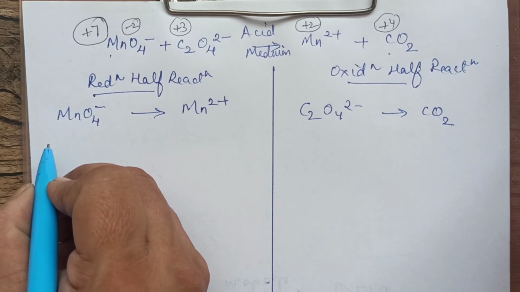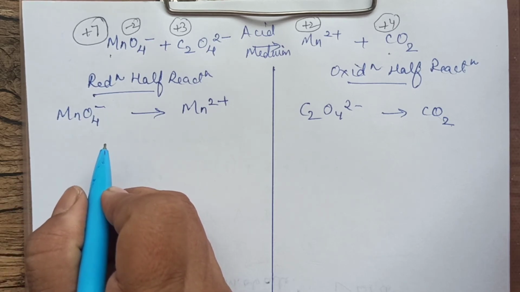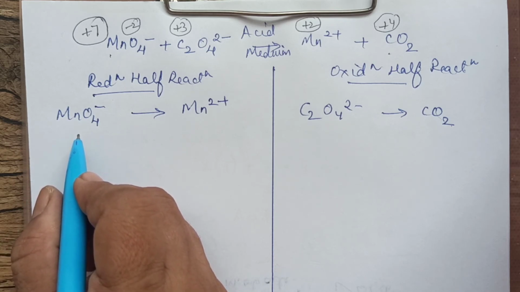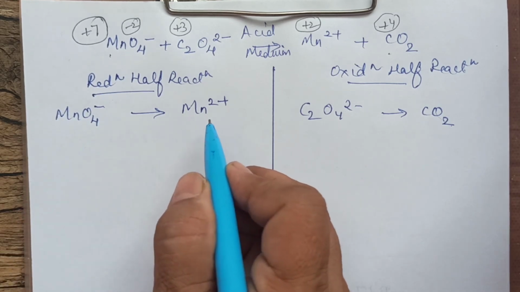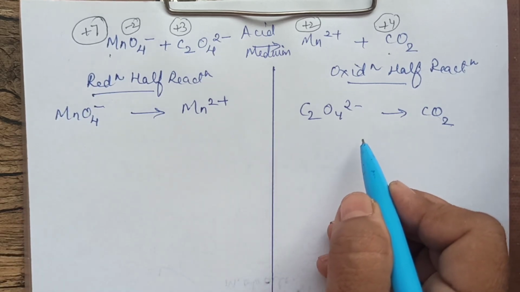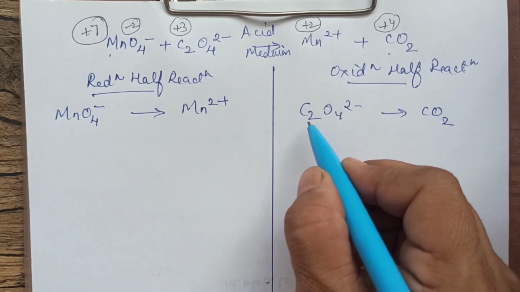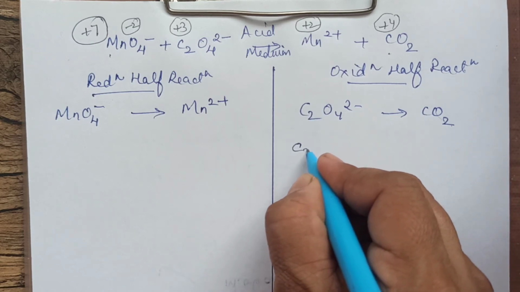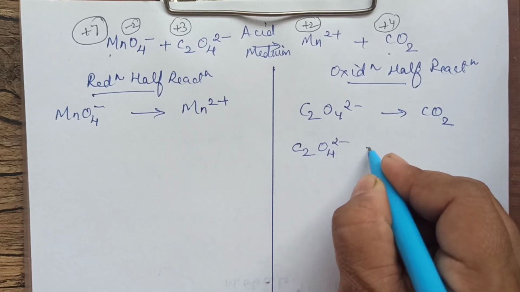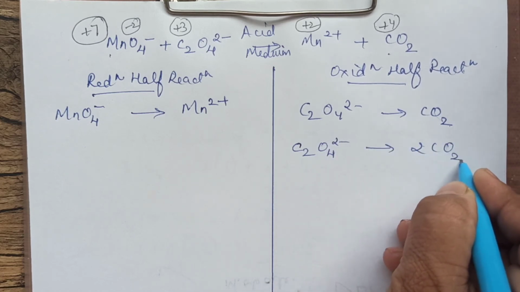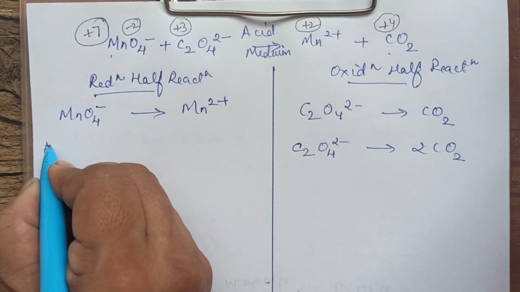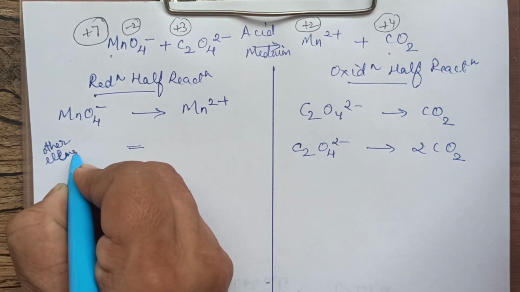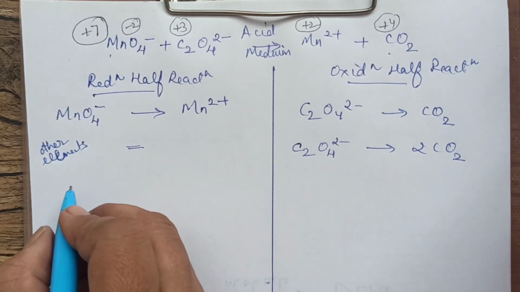What was the first step, children? I told you, balance elements other than O and H. Now I'm not writing the steps, I'm just repeating along. It is balanced. Mn is 1 here, Mn is 1 here, no problem. So let us go this side now. I'm balancing both simultaneously. This is 2 carbon, this is 1 carbon. So we will copy this equation: C2O4 2 minus is forming 2 carbon dioxide. We will write 2. So it is balancing other elements. Here, nothing, no problem.